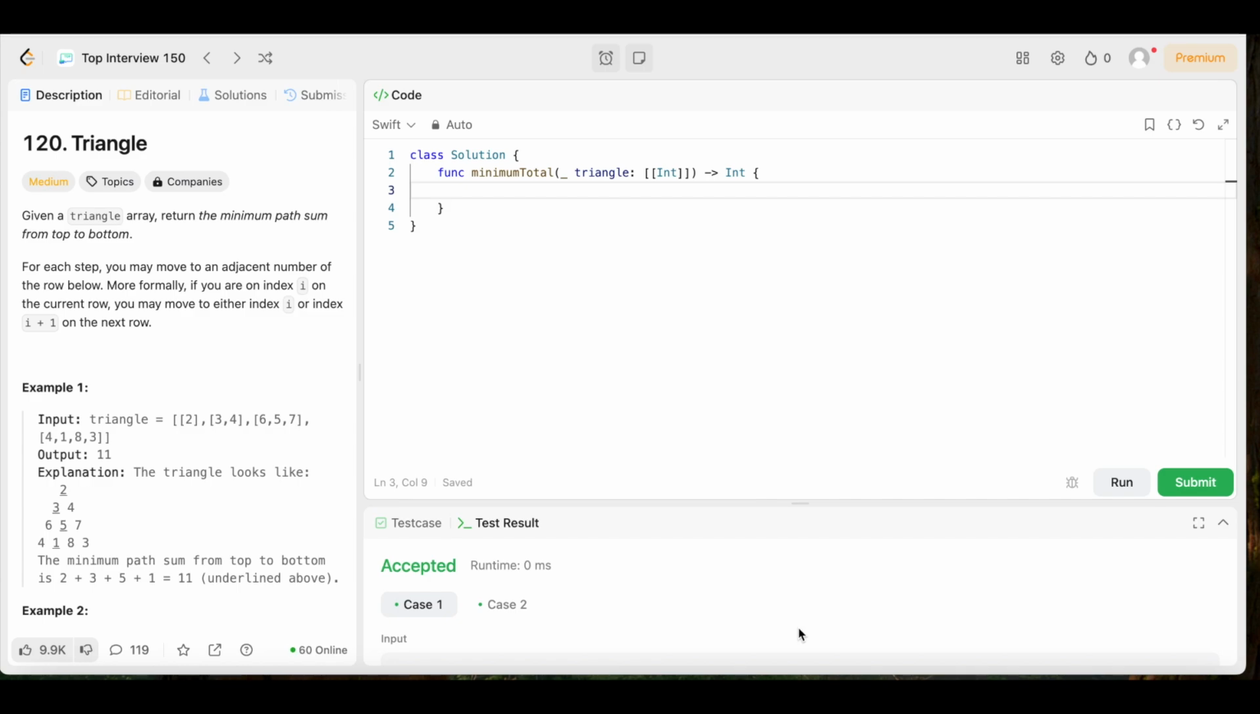All right, y'all, we're back again doing daily LeetCode problems, and today we have question number 120, Triangle. The difficulty level is medium, but don't worry because we're going to keep the solution as simple and easy to